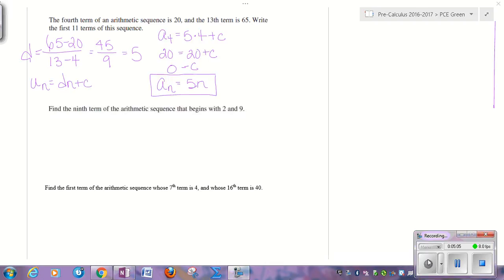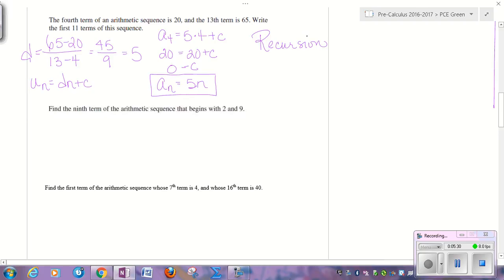Okay, I used the fourth term. If you use the 13th term, you still should have come up with the same general form. The next thing, if you were to just list out the first 11 terms, basically you're going to just count by fives. So 5, 10, 15, 20, all the way up to 55 would give you the first 11 terms. If you were going to write this as a recursive formula, though,